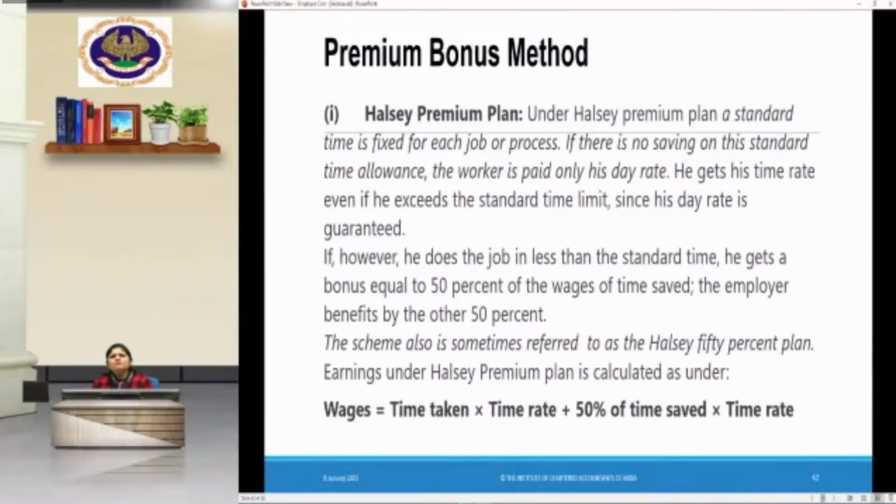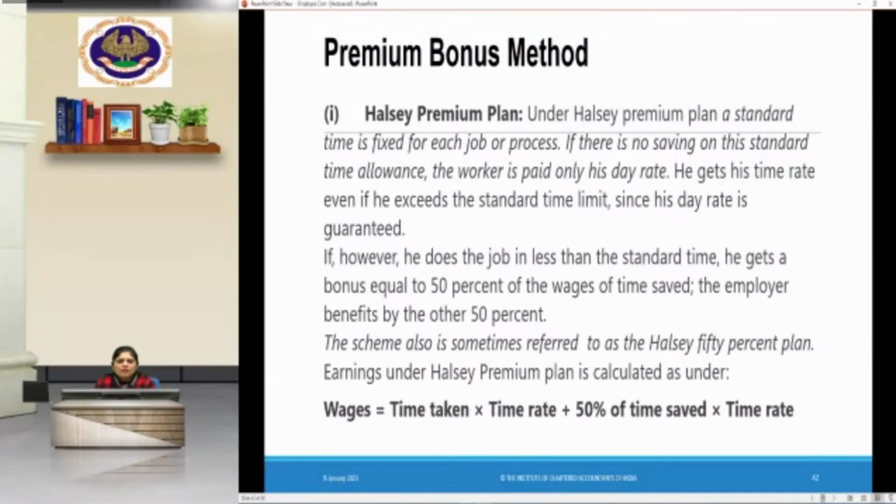So on the basis of time and motion study, various other things and past experience, a standard time is fixed for every job and process. If there is no saving on this standard time, the worker is paid only his day rate. Day rate means the basic wage. He will not be paid the bonus, but he will be paid the normal salary or wages. He gets his time rate even if he exceeds the standard time limit. As I explained, if the standard time was 5 hours but he took 6 hours to complete that job,